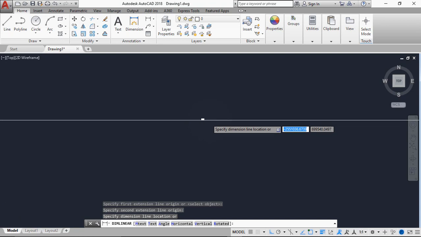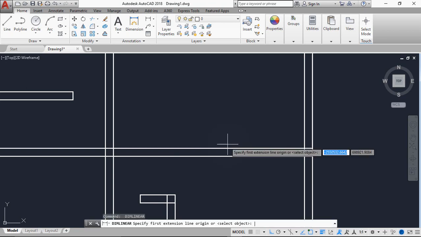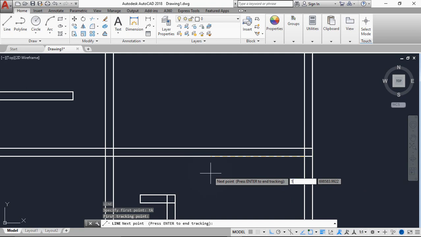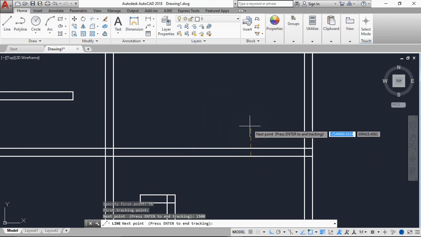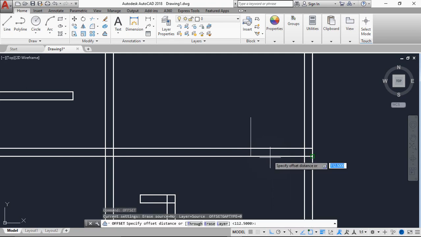So if I measure here now to this place, I'm having 5325. So what I will do is measure 15 from this side, and to do that again, I'll hit on line, TK. From this point here now, I'm doing 1500, hit enter, and hit enter again, and click. The distance from this place and this place is now 1500. So from here I can now offset for my door, which is 1200, offset 1200,